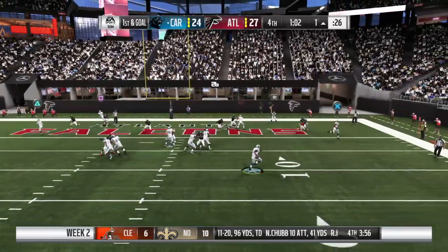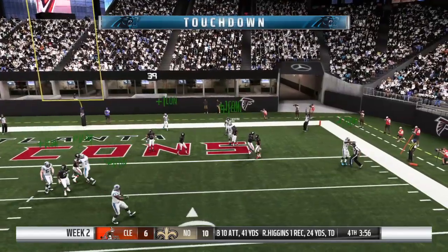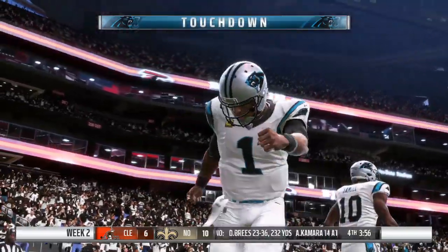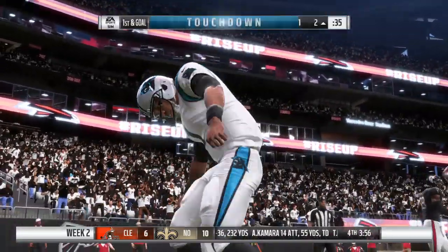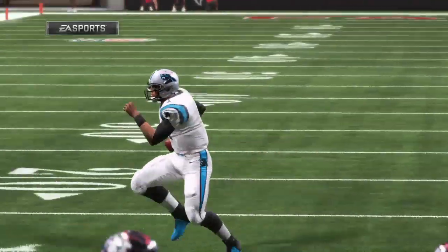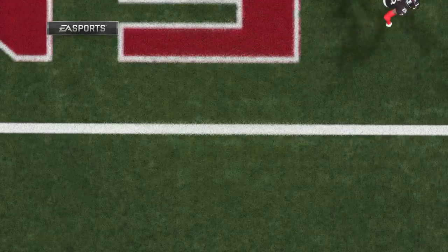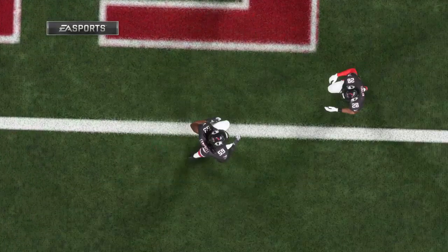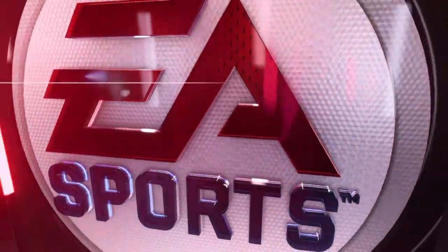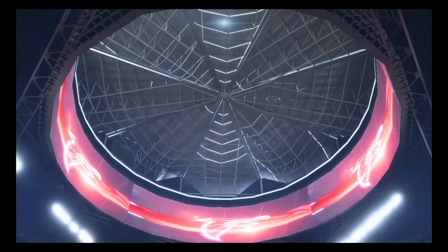Back to throw. Escaping the pressure. And he will score. Touchdown, Panthers. Cam Newton taking it in. And the Panthers have taken the lead here in the fourth. Wow, I know it's a never-say-never situation, but to me, that looks like that's the one that's going to finish them off. The score that puts them in front here late, but now you got to rally your kick team, don't you, and say...